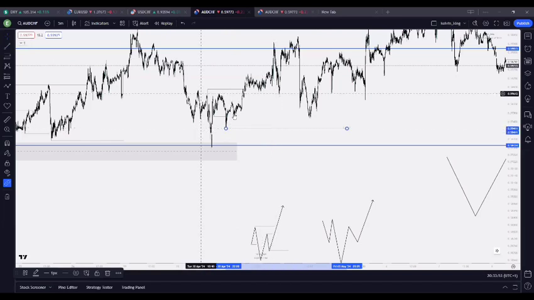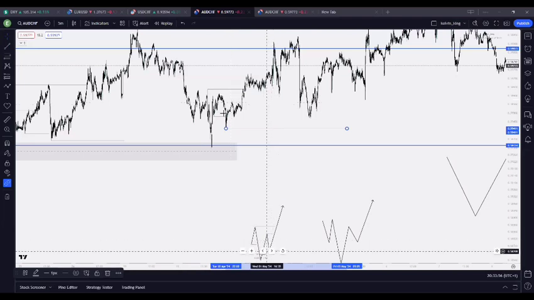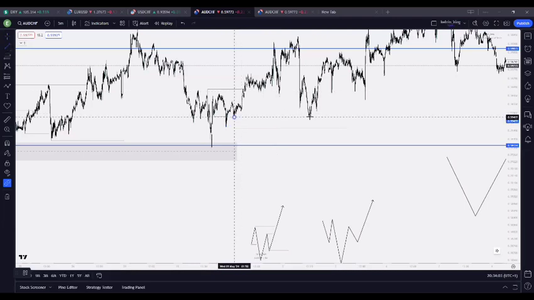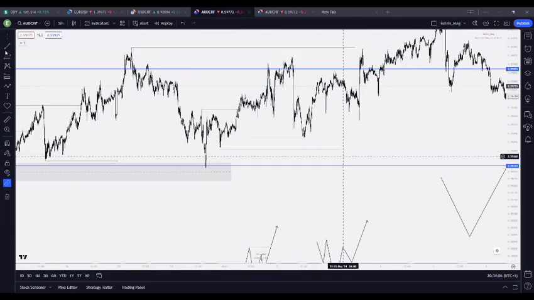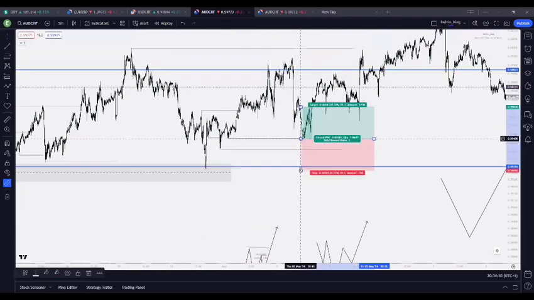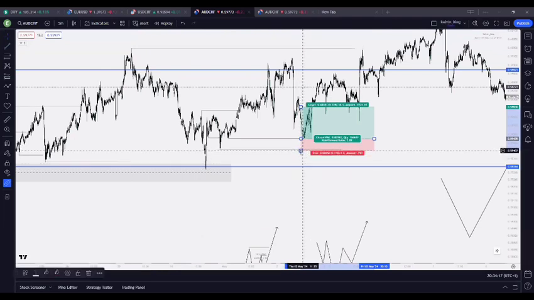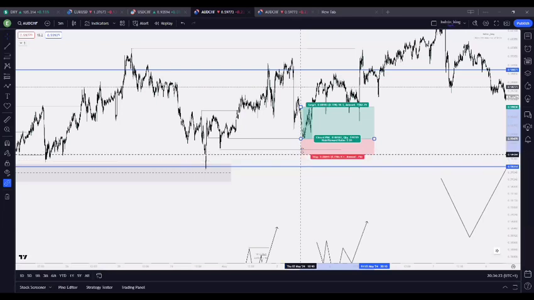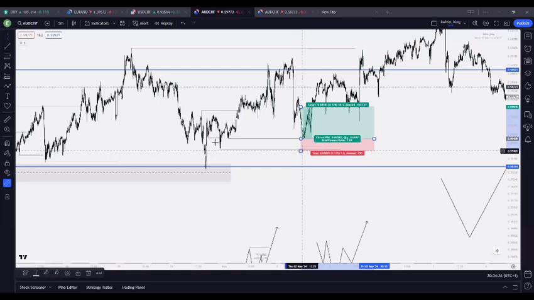Now we've got a pullback here, which is this particular guy before the break of this particular structure. And our pullbacks now become our inducements. What do we do again? We place our trades at the inducement level. This is a strong low for 5 minutes, but placing your trade at an additional point, your stop loss should be here. But this is me trading 5 minutes range, and I know that this low swept liquidity before it cleared